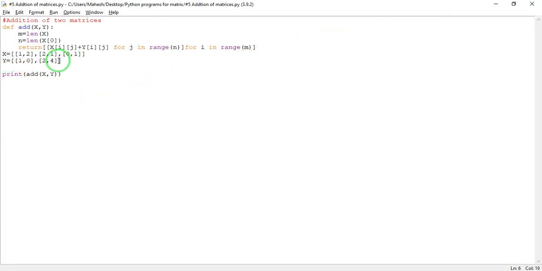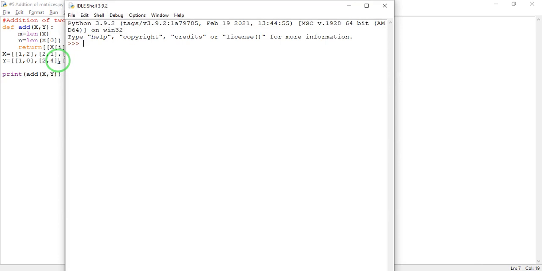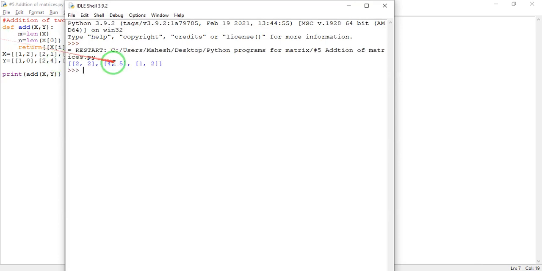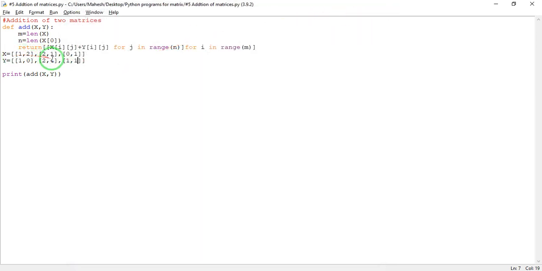Now let me show you by adding 3 by 2 matrices, say 1, 1. Let's run this. Yes, there are 1, 2 and 3 rows and 2 columns. You can write this in a matrix form and you can check whether your answer is correct or not. Now let's take a 3 by 3 matrix, say 1, 2 and 3.